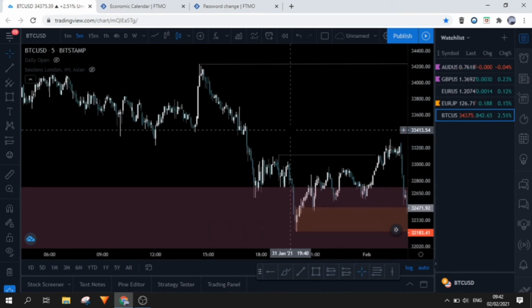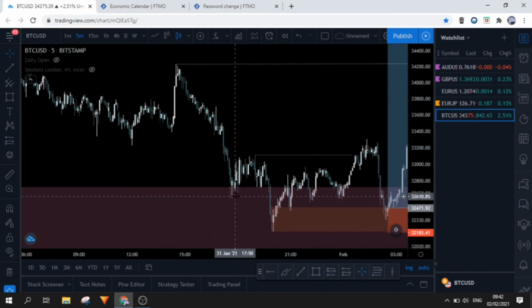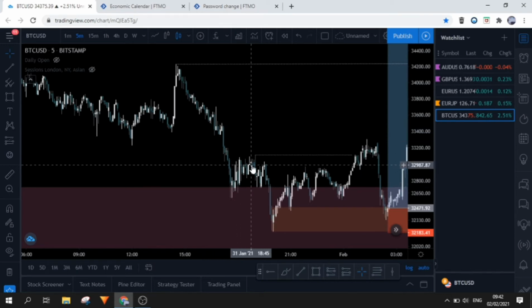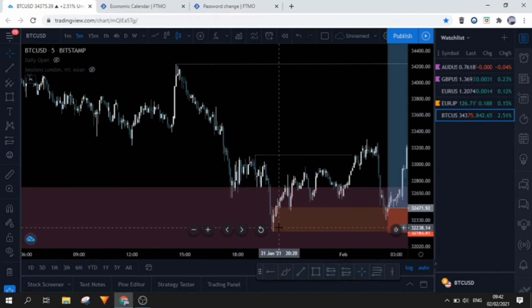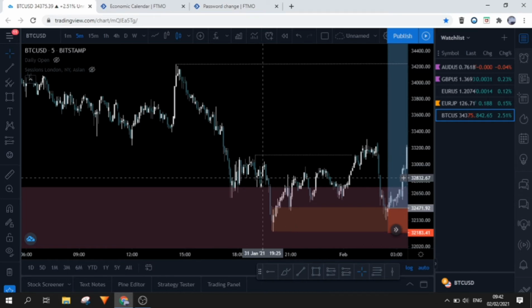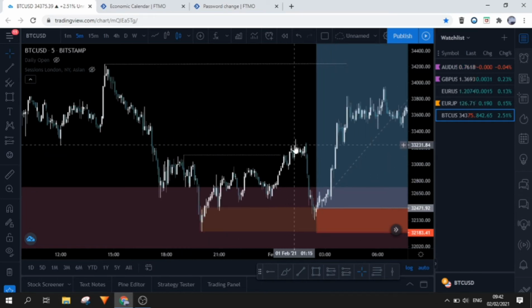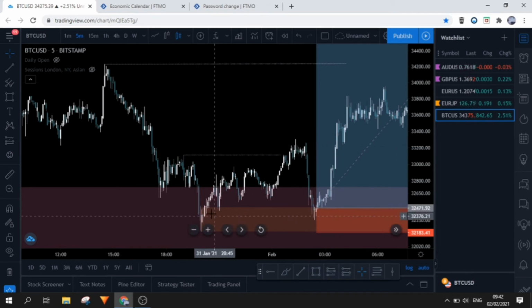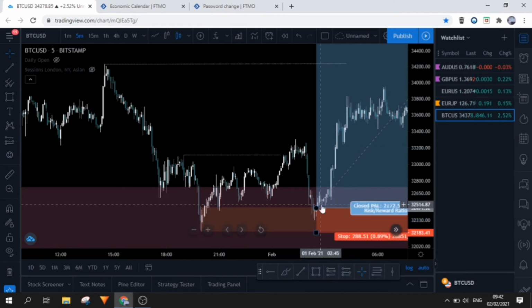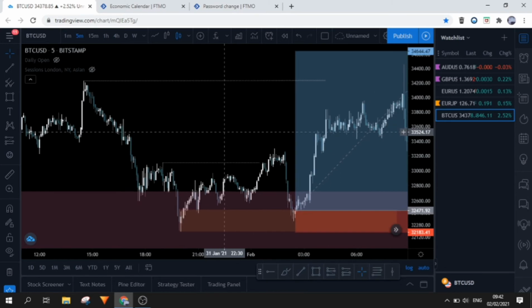So on the 5-minute time frame, price taps into the order block, but as you can see it doesn't break this structure or this structure. So then price goes deeper in and we form a clear level of structure there because of this retracement, and then price breaks structure over there. I identify my point of interest and I place my sell limit, and price triggers this into the trade. For the targets,